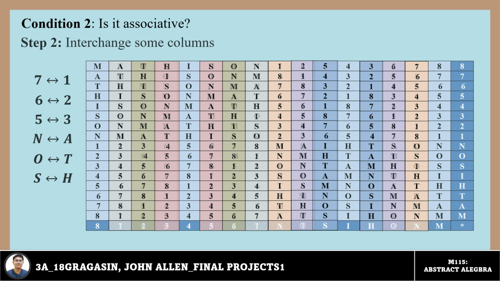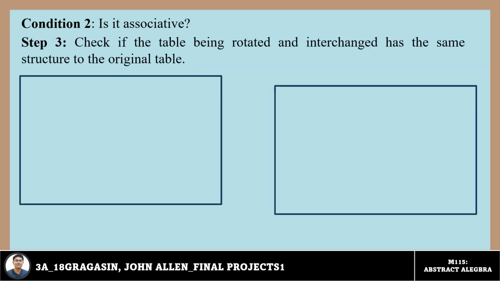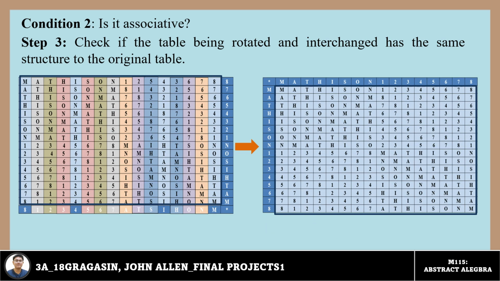Now, let's compare if the rotated table and the original table have the same structure. So as you can see here, this rotated table and the original table have the same structure. Therefore, associativity is satisfied. And then condition 2 is satisfied. Next,